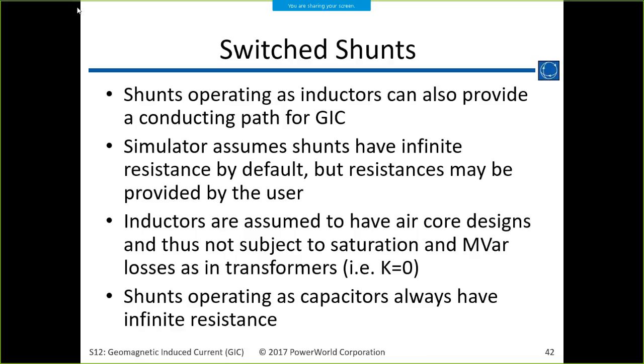If it's capacitive, Simulator is going to assume that it has infinite resistance or zero conductance. There's also no K factors that we model for the switched inductors because we're assuming they have air cores and they don't saturate, but they can still provide a path to ground through the substation neutral. So you could put in a resistance for that.